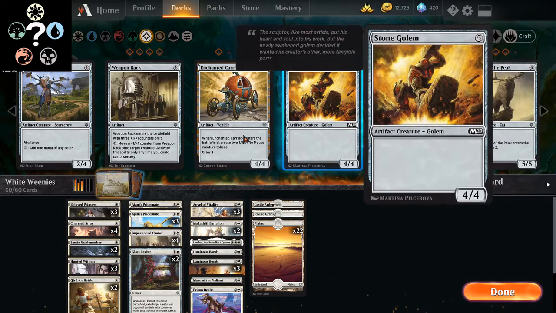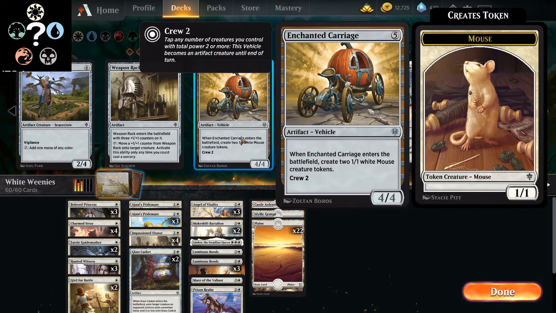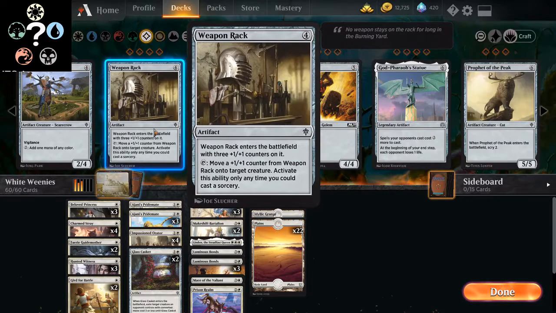You could also get the Enchanted Carriage, but that's not actually as worth it. You get 2 1/1s, and then the crew is only 2, but it doesn't actually hinder our opponents, so it's not necessarily worth it. Anyway, Weapon Rack would also work since it has the 3 +1/+1 counters on it. You can move one over to the Beloved Princess every turn, make it a 4/4 and make it safe, but again, I don't really see the need for it, so...